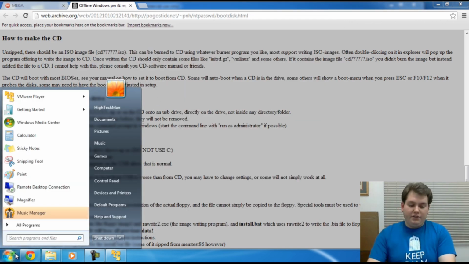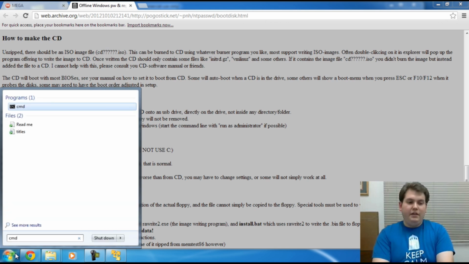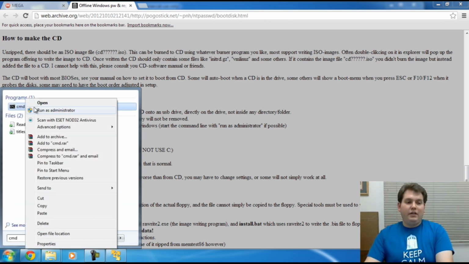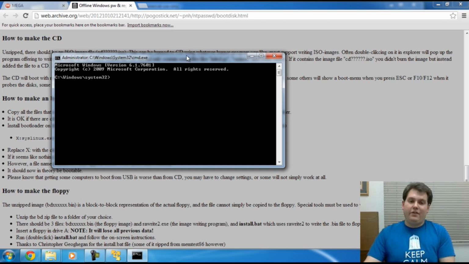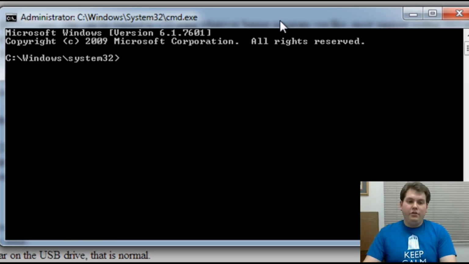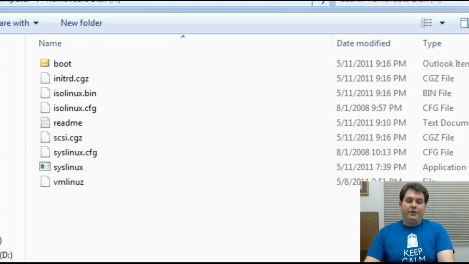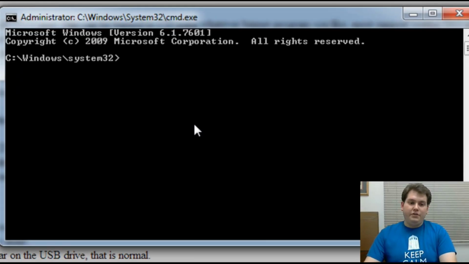You want to start command prompt, so just type in CMD. And then you want to right click on command prompt and run as administrator. That way you have fewer errors in the long run. And what you want to do is find out what your drive letter for your flash drive is. In my case, my drive letter is F. So what I'm going to do is type in F colon